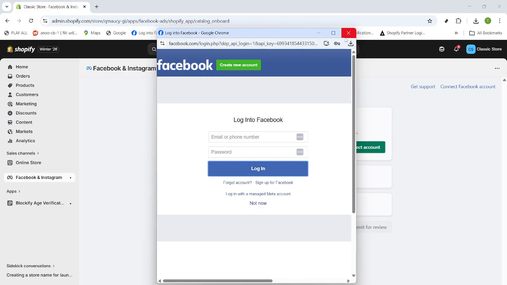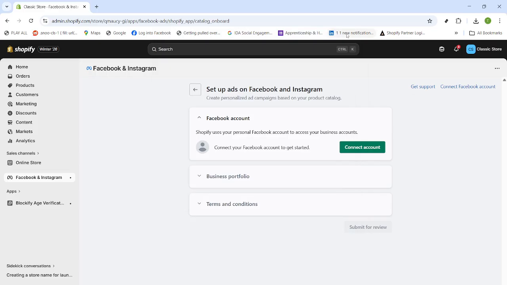Once connected, Shopify will begin syncing your products in the background. This can take a little time depending on how many items you have, so don't worry if everything doesn't show up instantly. Keep your browser tab open and watch for any prompts about missing details, such as product availability, shipping settings, or policy requirements. Ensuring your items comply with Facebook's commerce policies and have inventory available will help them publish